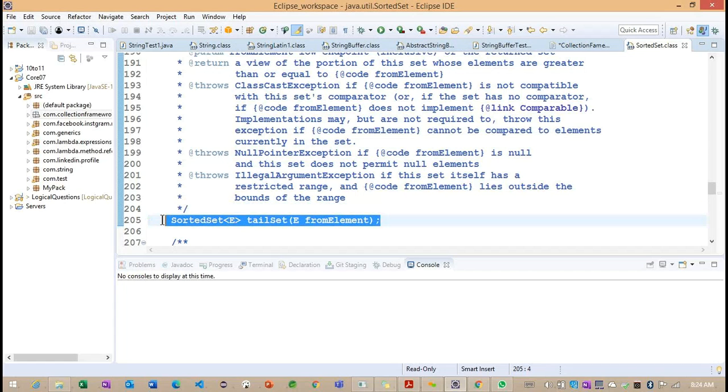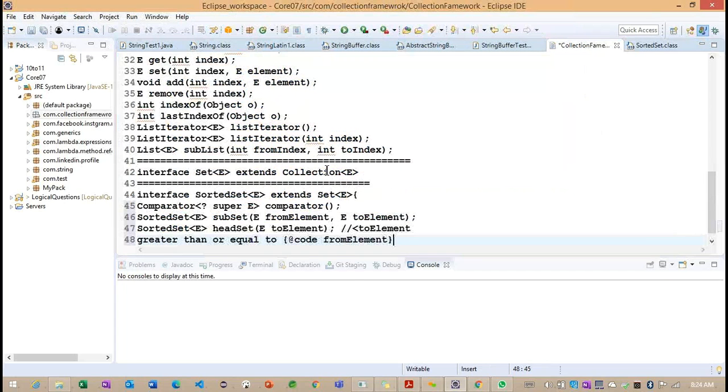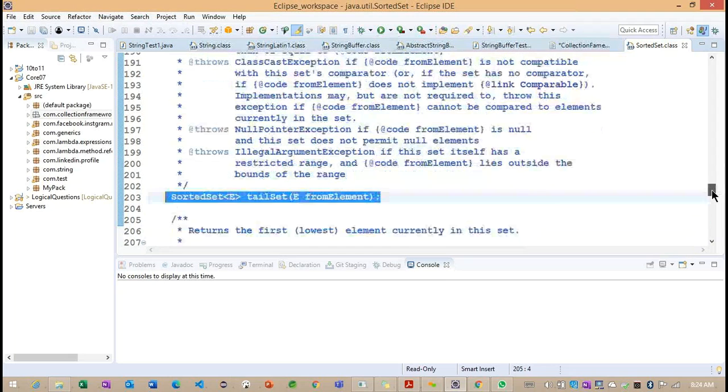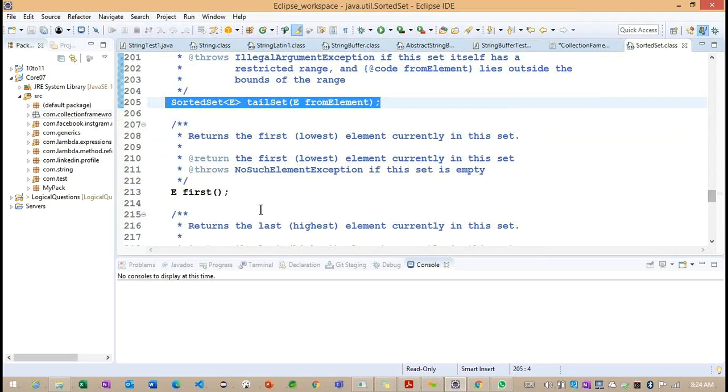It will return the object information that satisfies greater than or equal to. Getting the point? This is the purpose of the tailSet method. If the condition is satisfied, the elements that satisfy it will be returned by this tailSet. We'll see the implementation of how these methods are implemented.